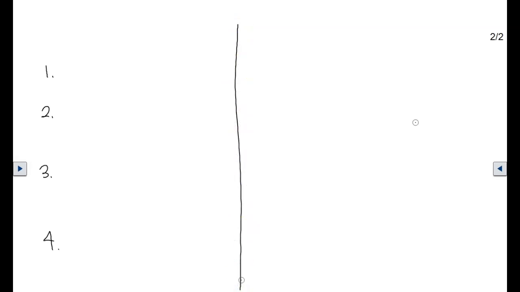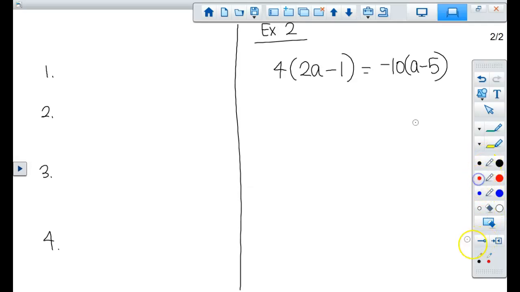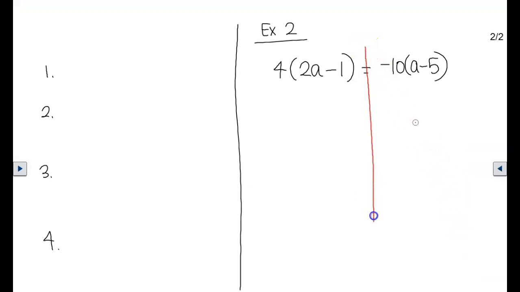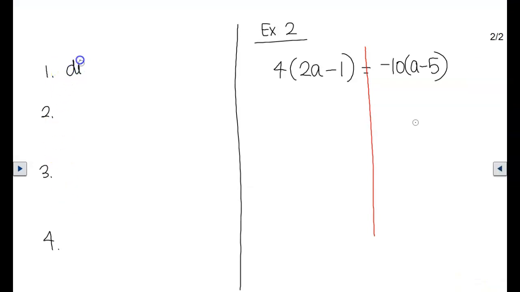And even though it's a little bit of a pain, I'll go ahead and continue to write them down as we do these to help us with that. All right, so here's the next equation that we're going to solve. And I'm going to begin, as always, by drawing that line down the middle so that I can clearly see my 2 sides. All right, step 1 is going to be to distribute